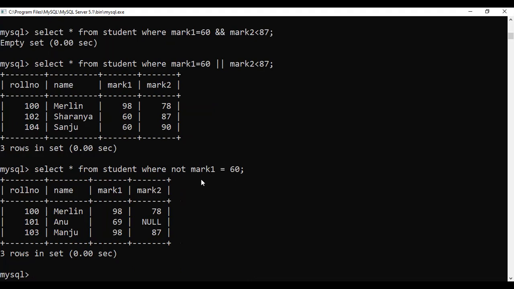What does it mean? It will check where mark 1 is equal to 60. Two students, Sharanya and Sanju, are having 60 in mark 1, but then negation comes, so the opposite of that: the records which do not satisfy this condition, the remaining records will be displayed.